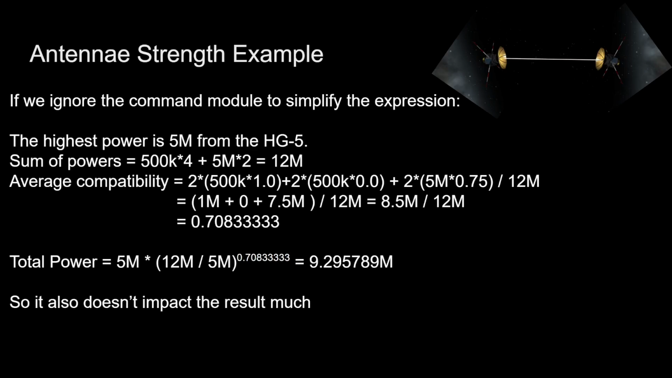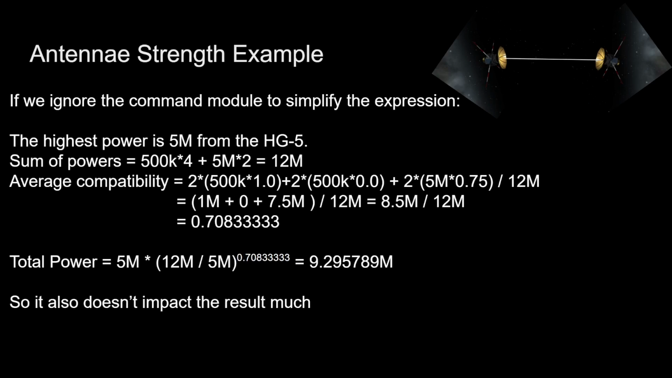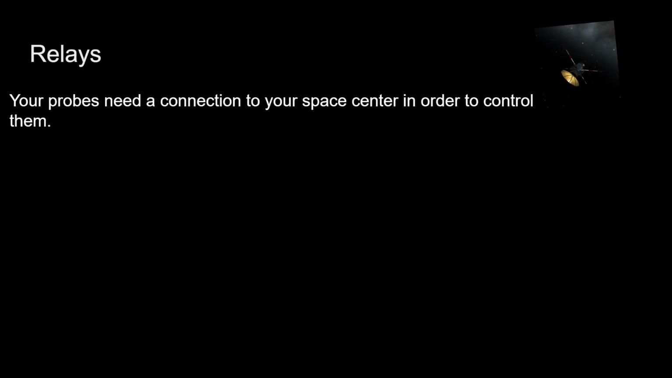So, if we also ignore the command module to simplify the expression, you can see we're still getting 9.29. It doesn't impact the result much. Certainly it is adding a bit, but it's about 0.003 M in this example. So when you're dealing with larger transmissions, then the probe core doesn't matter much. Same with the command modules. They've also got the 5K. Anyway,